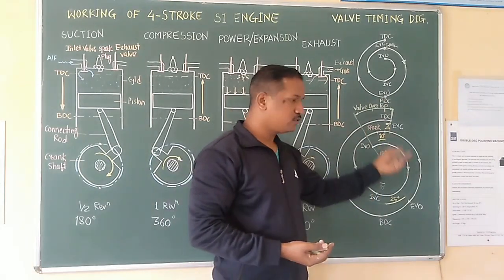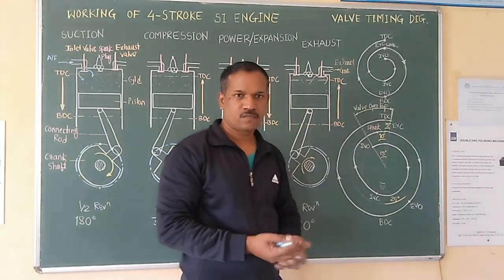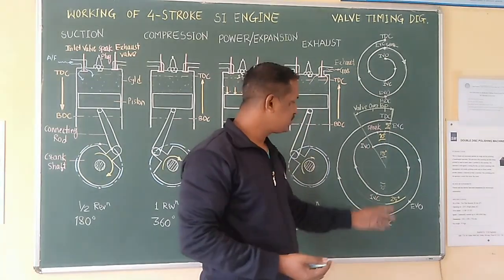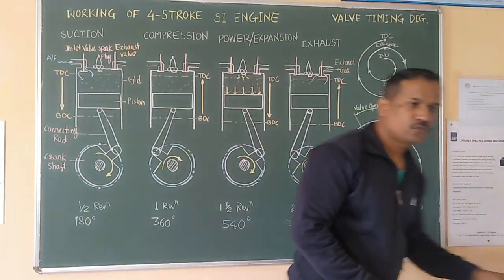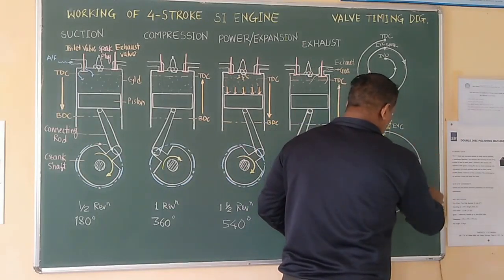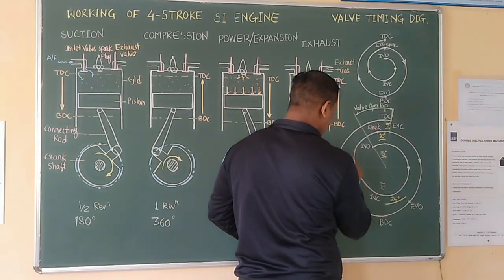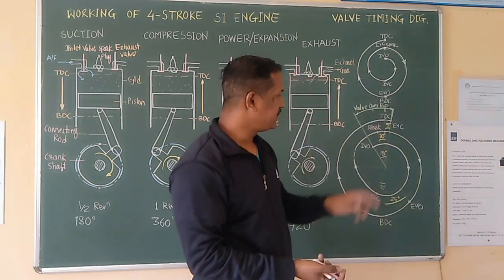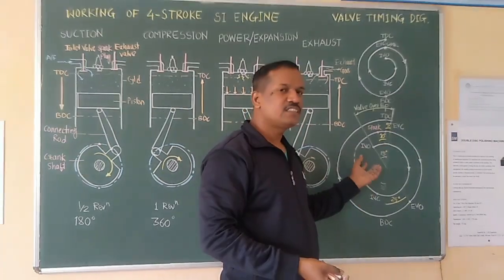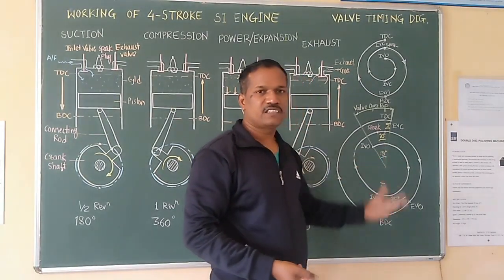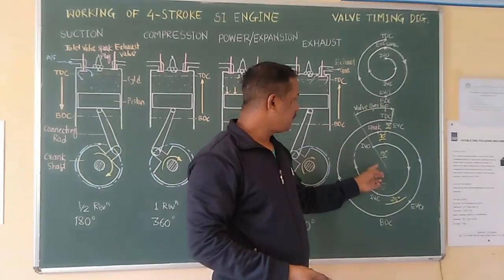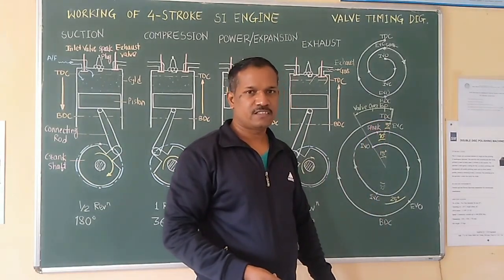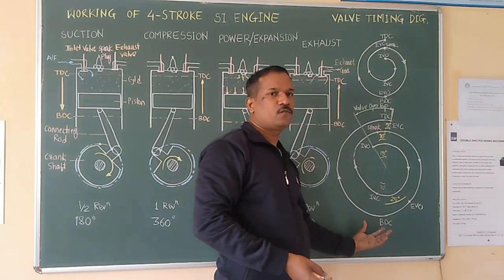And this is actual. Now these degrees get changed. If the engine speed is different, your angles will be different. So this is just a case study. If you refer to a different book, you will observe a different crank angle. Actually, there are slow speed engines and high speed engines. Slow speed engines have different angles, high speed engines have different angles. But none of the operations exactly start or finish at the BDC or TDC. So this is the actual valve timing diagram.